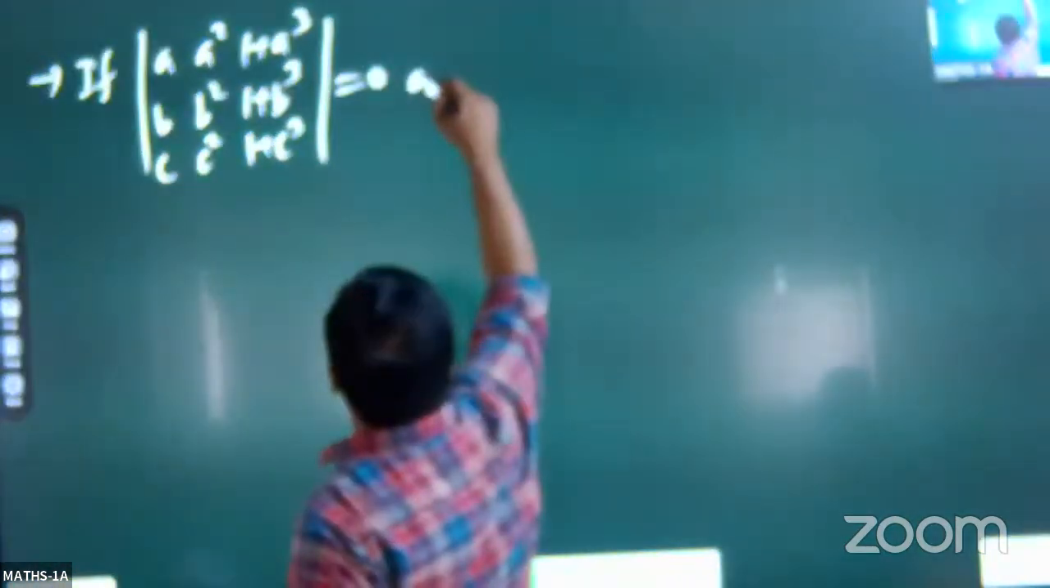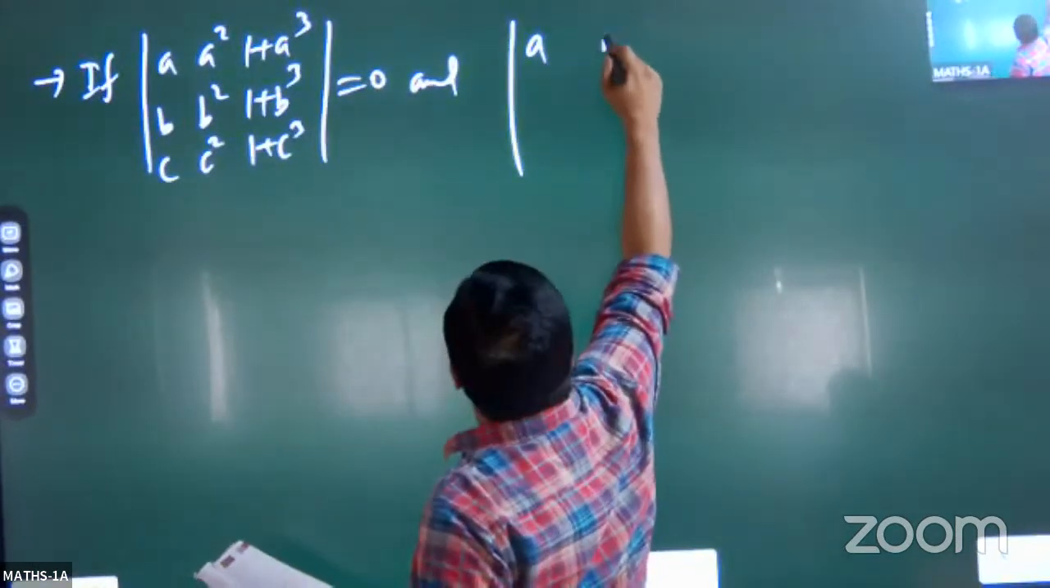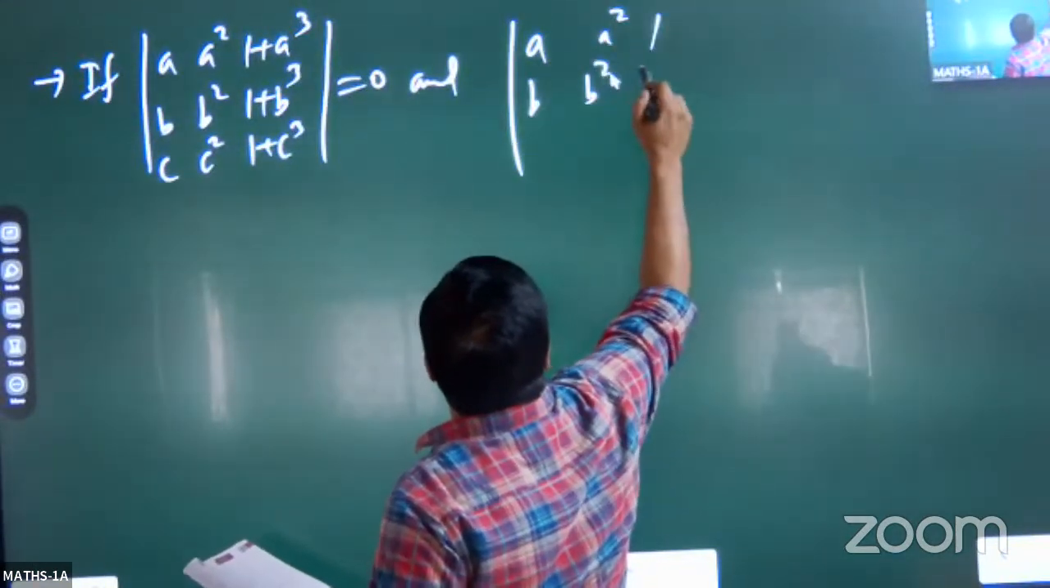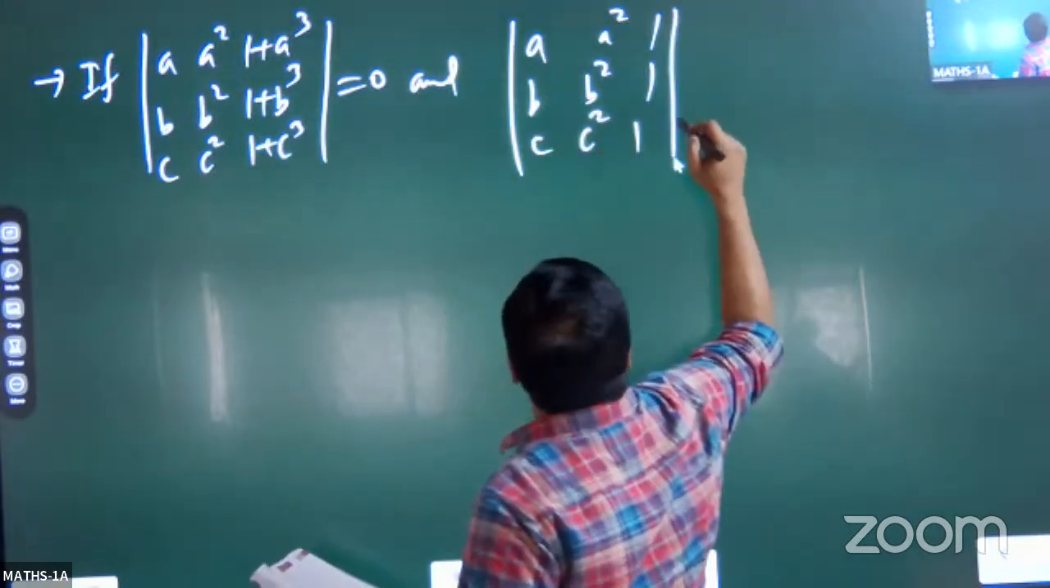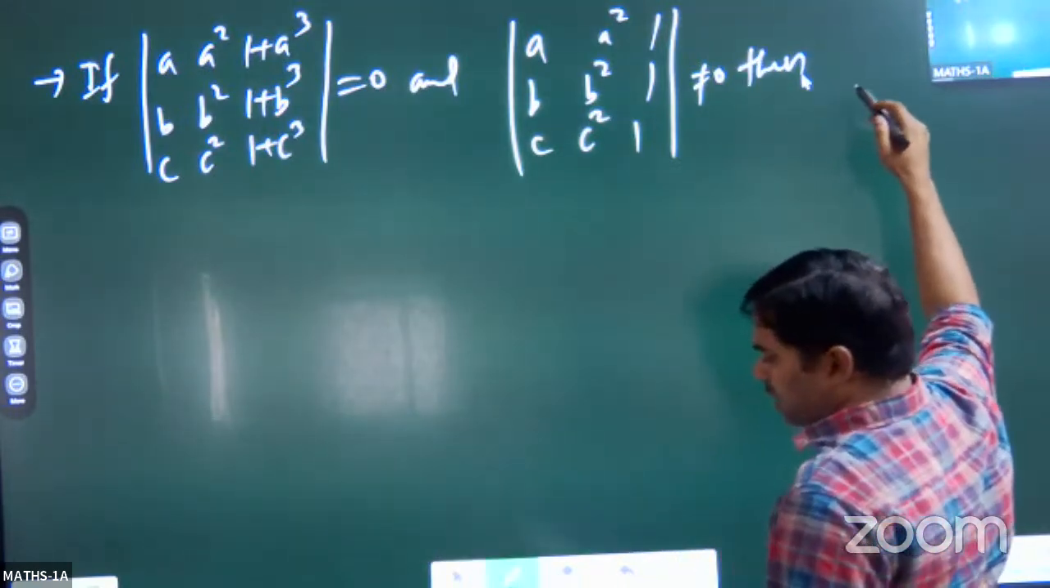most important thing, once again, if this also was given, A square 1 plus A cube. Next, B square 1 plus B cube. C square 1 plus C cube. This equal to is given as 0. And your question is, and A square 1, B square 1, C square 1 is not equal to 0. Then what is it asking us to show? Then show that